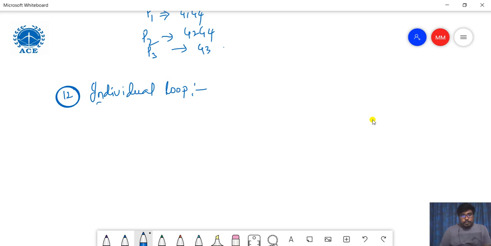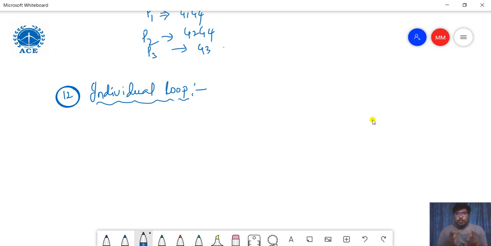Individual loop. These are all the basic terms which are used in the SFG. These are all important to understand and to calculate the overall gain of the given control systems. So you must know these terms. Next,